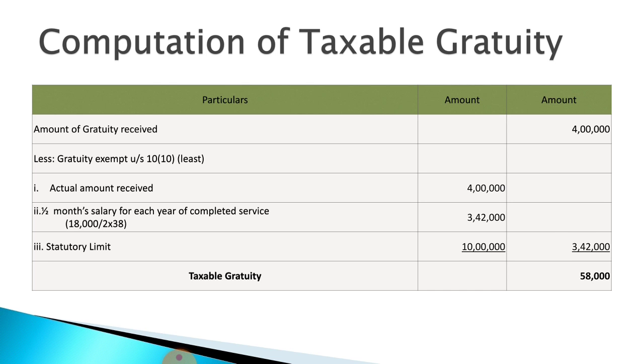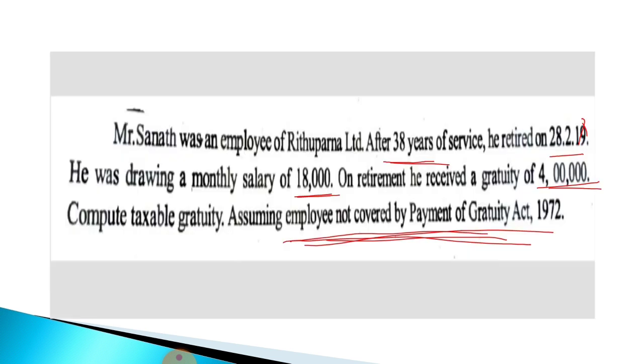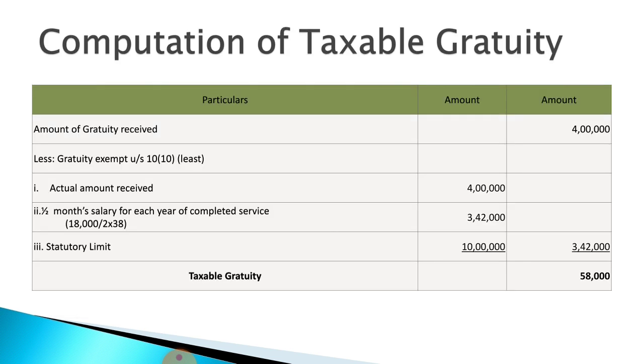Here half month salary for each year of completed service. Here in this problem 10 months average salary is not given. So you have to consider drawing of monthly salary as his average salary for the calculation of half month salary. So 18,000 into 1 by 2, that is divided by 2, into number of years of completed service, that is 38 years. Here no fraction of years is there. If there is any fraction of years, you have to ignore that point. So average salary you have to consider as 18,000 divided by 2 into 38 years of completed service. The amount of half month salary for each year of completed service, you get